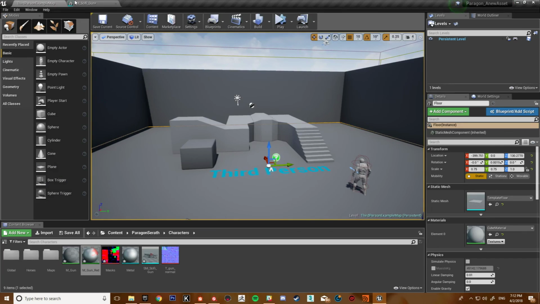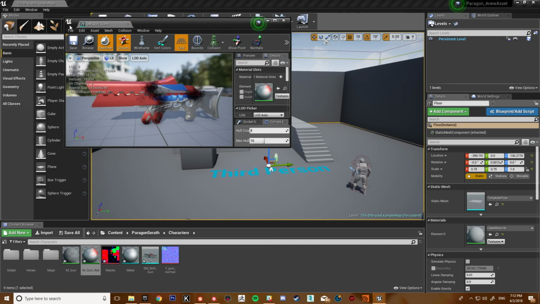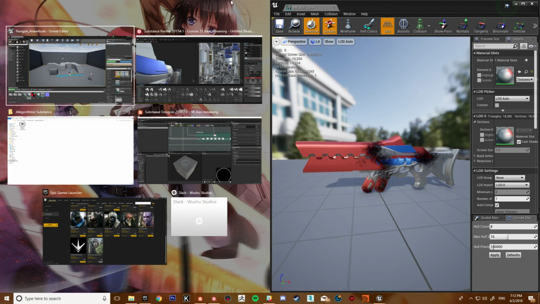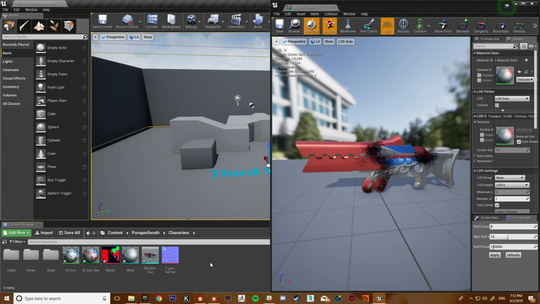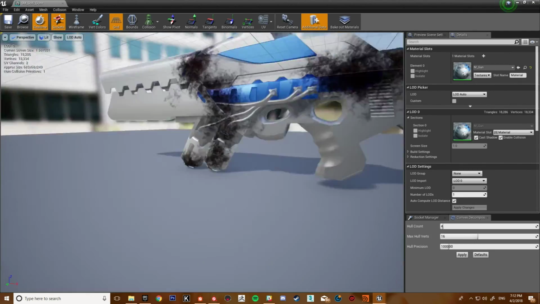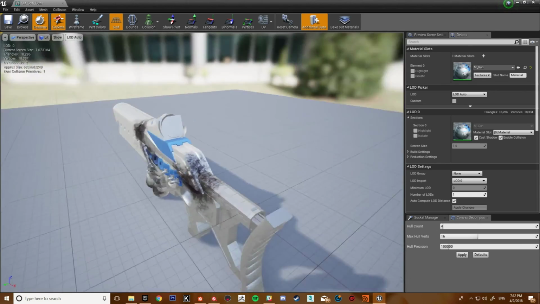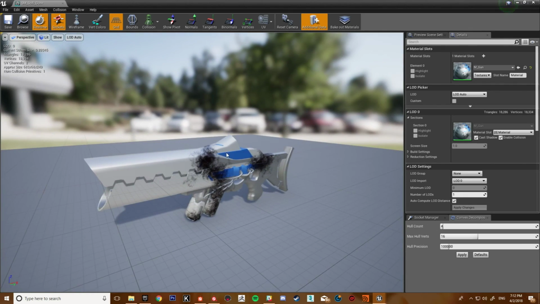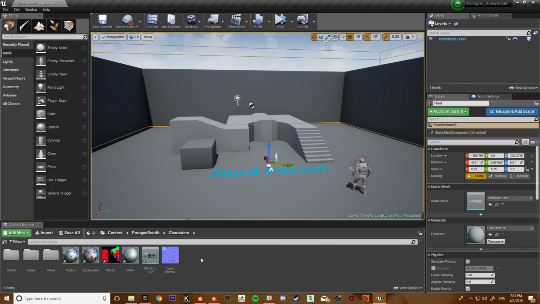Because I'm using the instanced material, I've still got the red colour coming in through there. So what I'm going to want to do is just put the original material on, and now I've got something that sort of resembles what I painted in Painter, but with the added material layer workflow, which allows me to change the colours and any variations. I think that's everything that I wanted to cover.